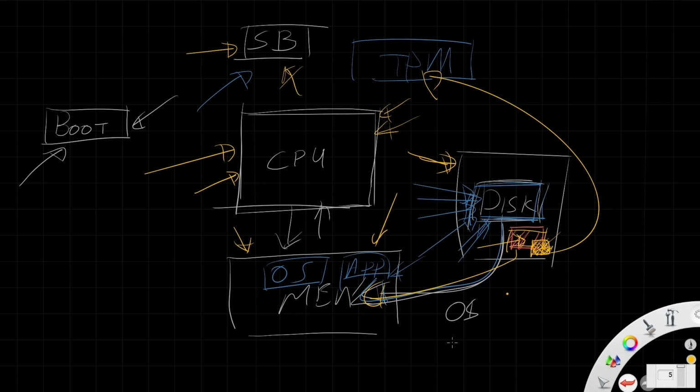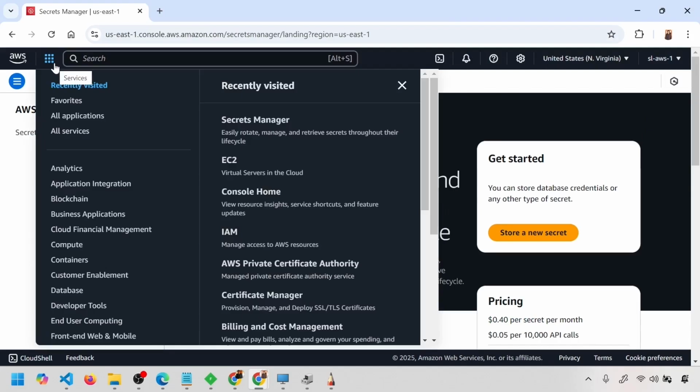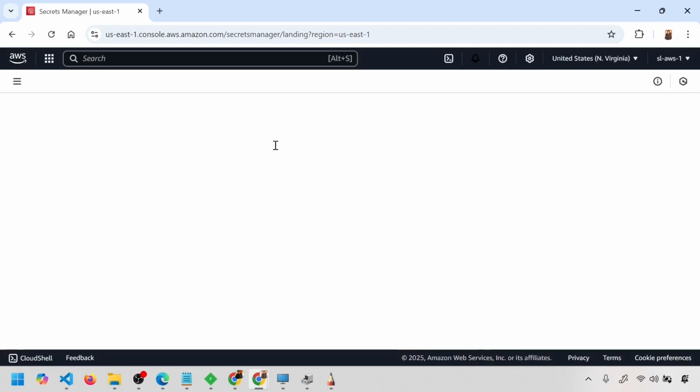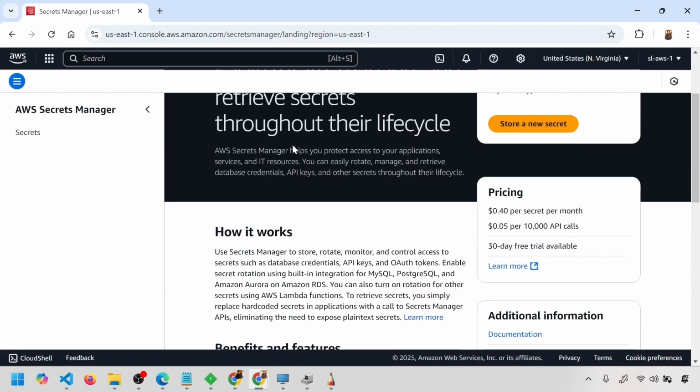Before we conclude, we would like to look into a couple of miscellaneous things in the cloud account. So we are going into the console of AWS. One of the things I would like to show is Secrets Manager. We have seen a couple of other things, like IAM, certificate authority, certificate manager, etc., in the previous sessions. Even IAM, all these things we have explained. Secrets Manager is one of the things I would like to discuss.